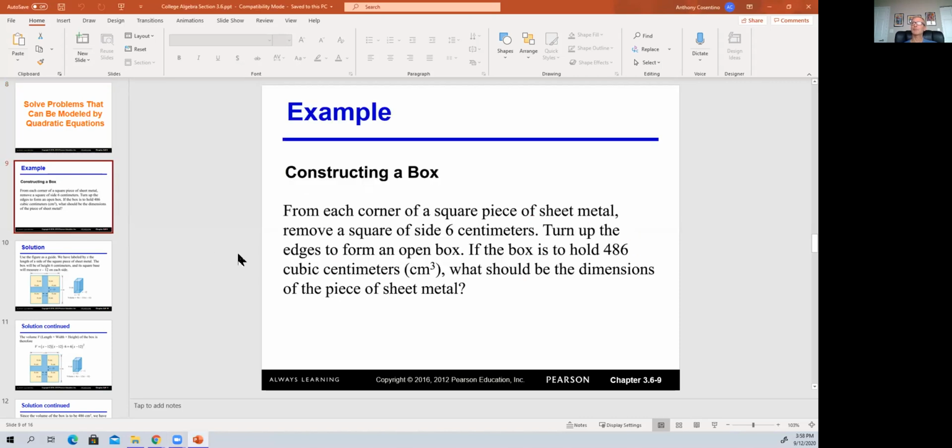is constructing a box where we have a square piece of sheet metal. What we're planning on doing is cutting 6 centimeters out of each corner of the metal, and then folding that up to create our box. And the box needs to hold 486 cubic centimeters of volume. And so